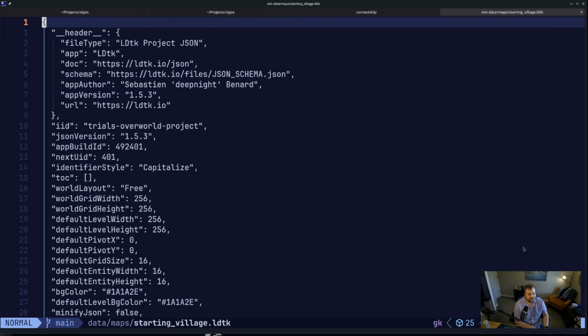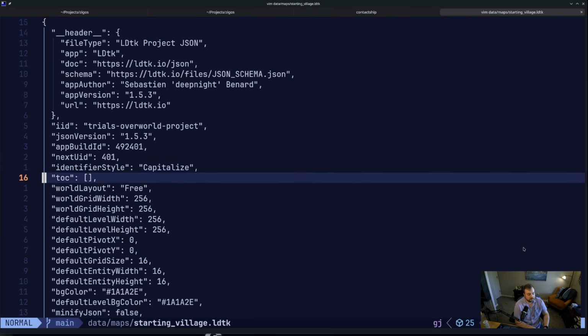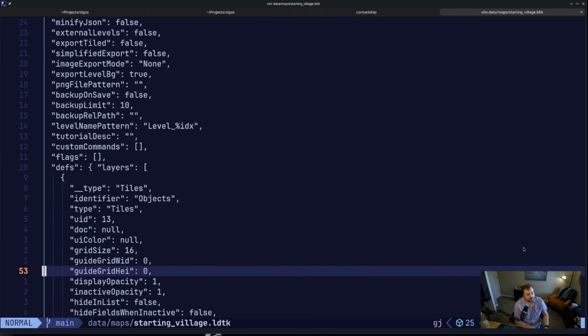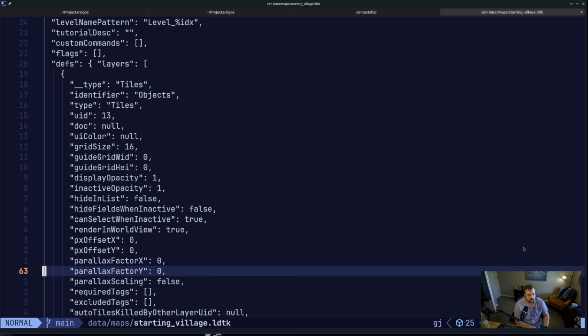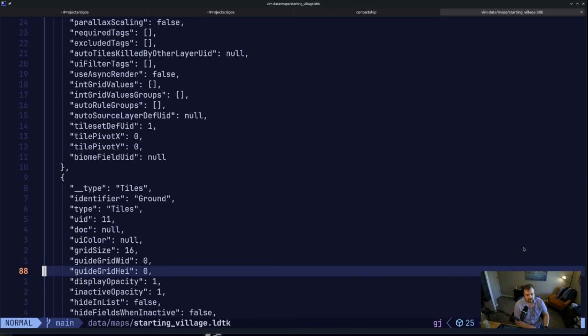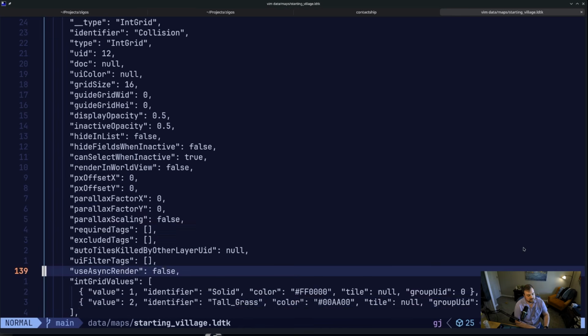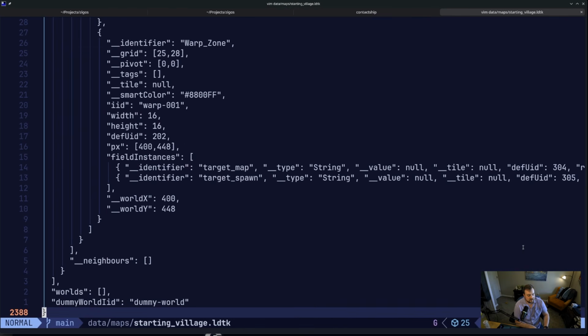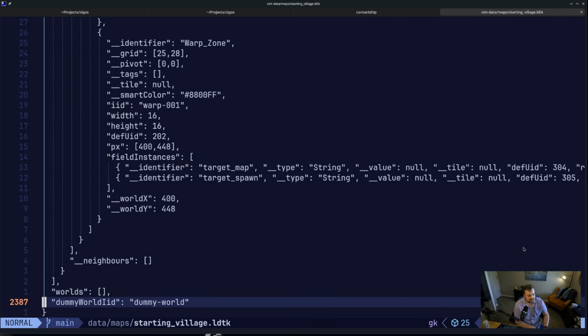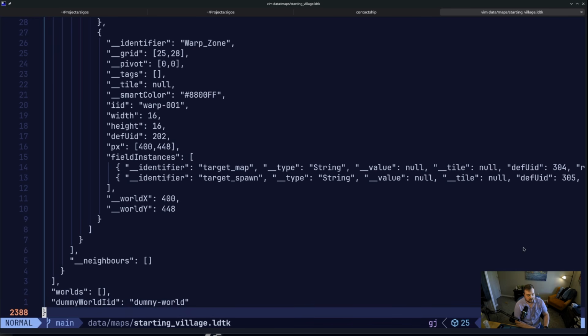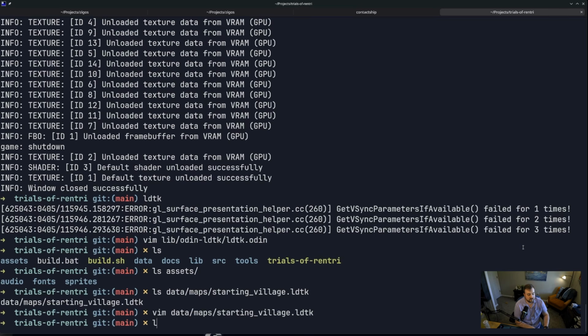I totally should have talked about this sooner. But once you do the ldtk piece and save your file, you might wonder, what in the world is this actually saved as? It's just JSON. And that's why we were able to just parse everything so easily in the ldtk bindings file that I showed off earlier. But yeah, you can look at this and just everything's JSON. Is it a lot of JSON? You bet it is. And this is just the starting village, the 2,388 line starting village that we saw again,